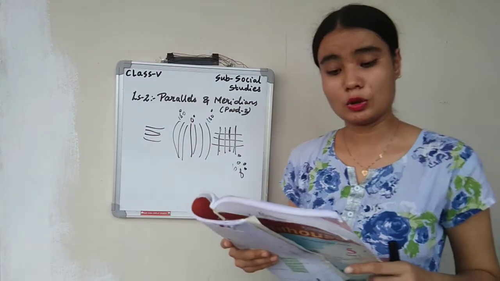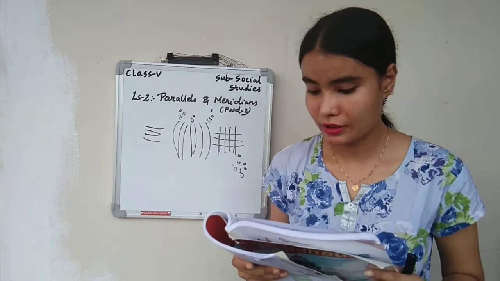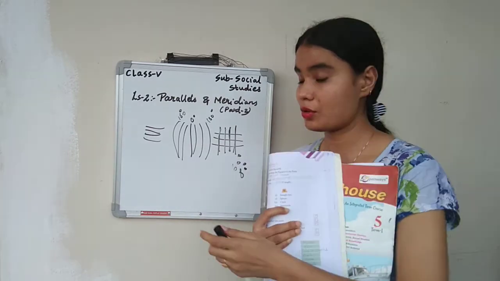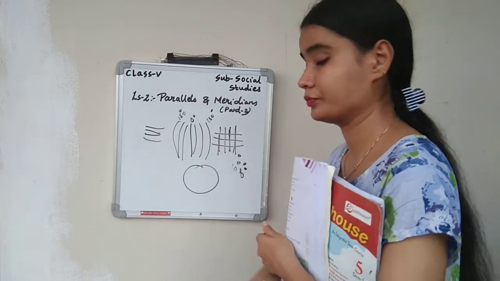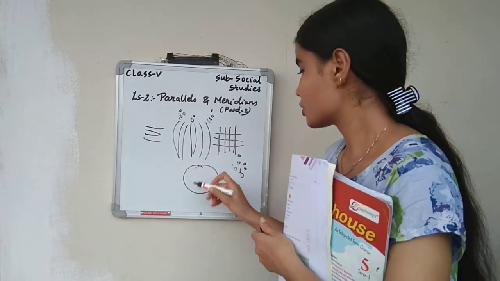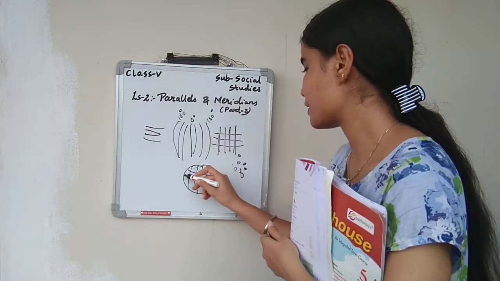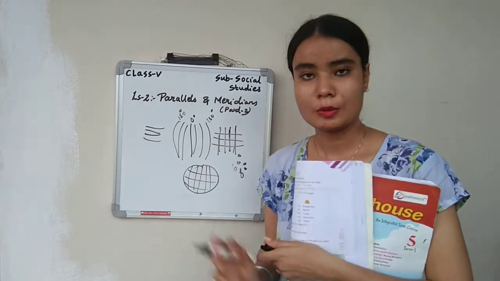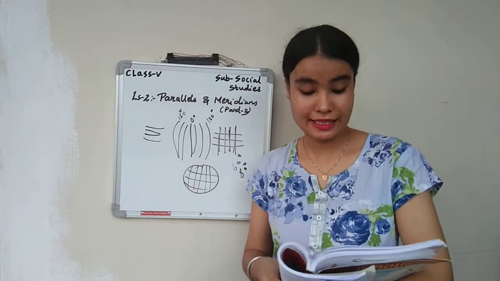Locating places on the globe. On the globe, a network of latitudes and longitudes is drawn. This is called a grid. Yes. So on a globe, a globe is like a circle. On a globe, you have a network of longitudes and you have a network of latitudes. Both the networks you have, and both the networks will have numbers.